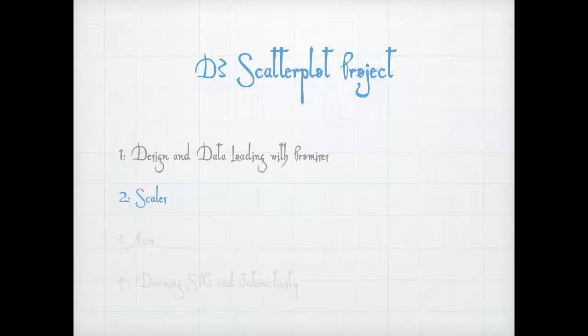Welcome back to our second video in our D3 Scatterplot project. In the first video, we looked at the design of the project, we talked a little bit about the data set that we're going to be using, and we looked at how D3 version 5 loads data using this new idea called promises. In this video, we're going to talk a little bit about scales